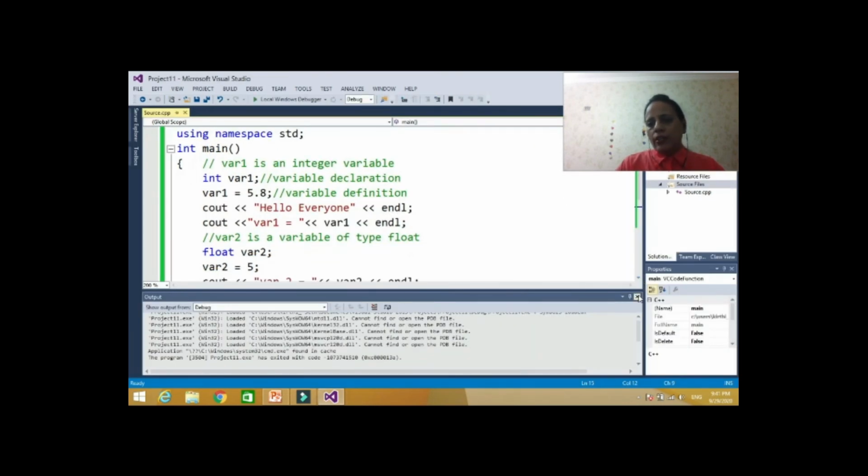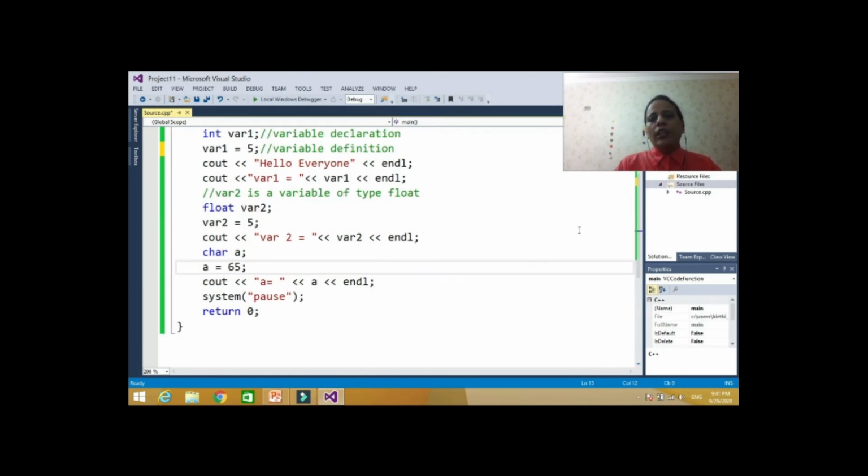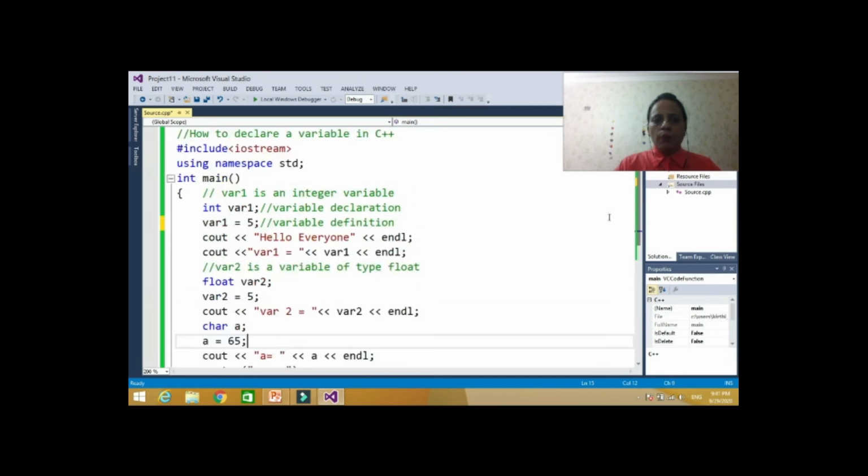Okay, and what happens the other way around? If I want, let's say this is 5. Okay, now this is perfect. One more thing I want to tell you, that I will tell you later. Okay, so this is one thing, how you can declare variables and how you can print them.